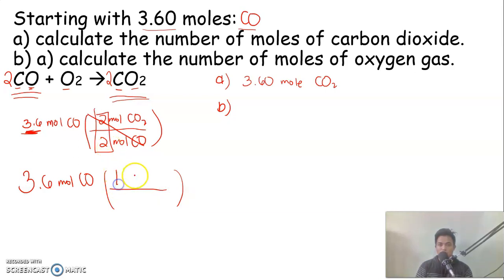So that will be 1 mole of oxygen and 2 moles of your carbon monoxide. So 3.6, cancel your mole of carbon monoxide. So 3.6 times 1 divided by 2 is going to be 1.8 moles of oxygen gas. So all you're doing is trying to apply the ratio on how it's going to affect